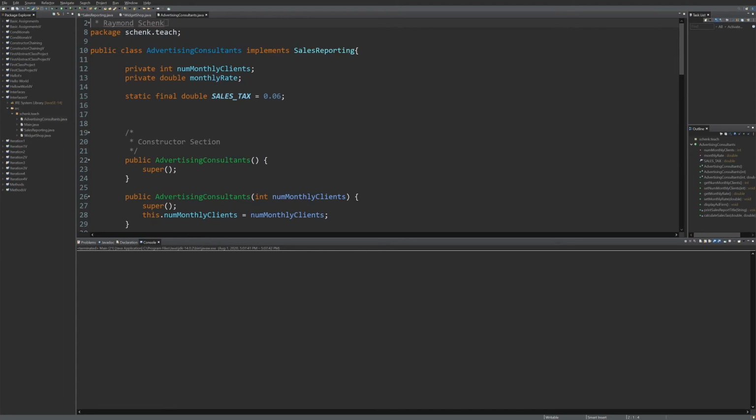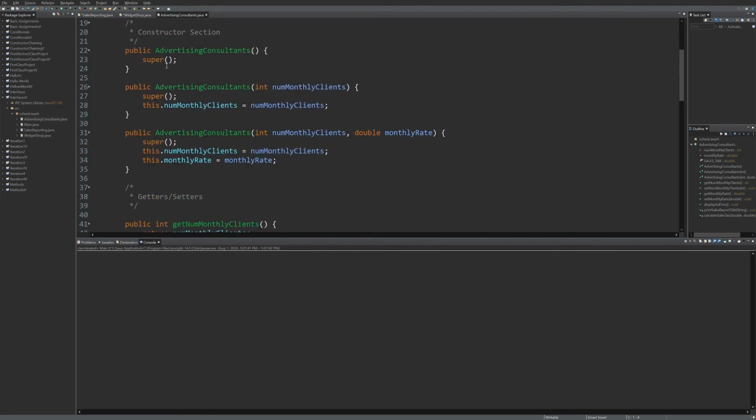But it does make sense for them to have common functionality. So in this case, we're keeping the number of monthly clients and the monthly rate that they get charged. And they're in a different state, so their sales tax is only 6%. They implement sales reporting,